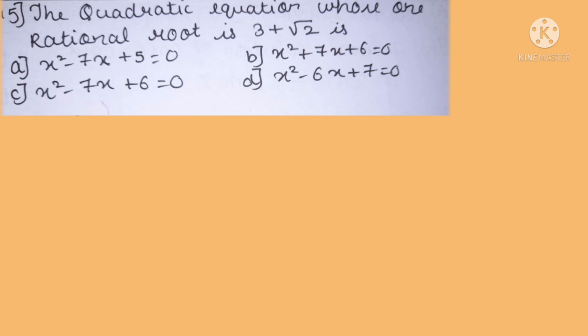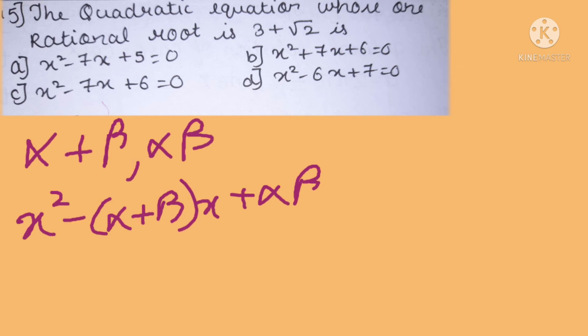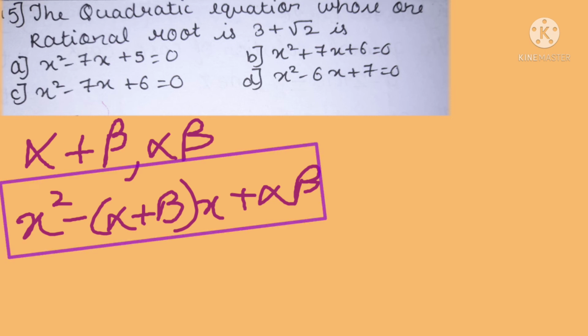On to the 15th main question. Over here the question is, a quadratic equation has one rational root, which is 3 plus root 2, and we need to identify which quadratic equation it is. So over here we have already learned about the sum of the roots and the product of the roots, like alpha plus beta and alpha into beta. The formulas we have done in one of the MCQs: alpha plus beta is equal to minus b by a, and alpha beta is equal to c by a. Construction of the quadratic equation with the help of the roots is nothing but x square minus alpha plus beta x plus alpha beta.